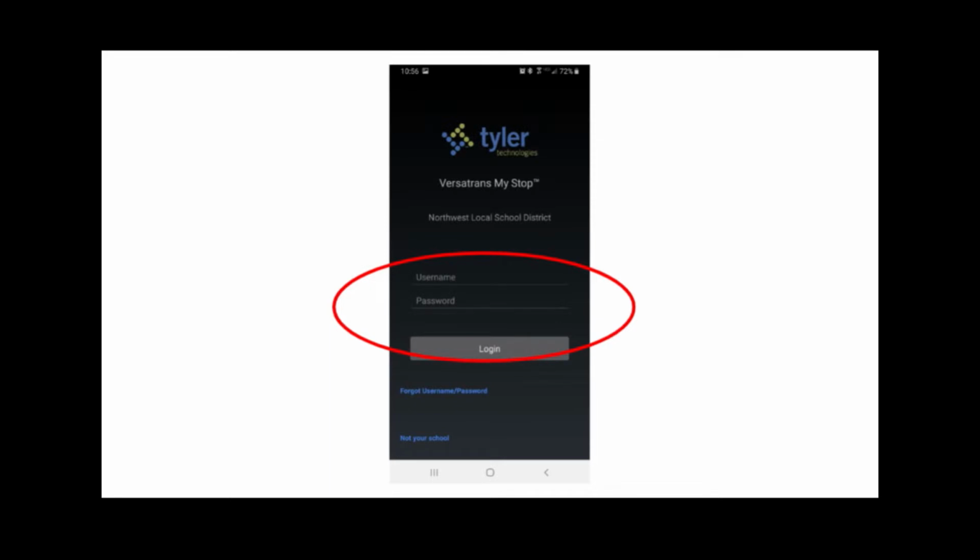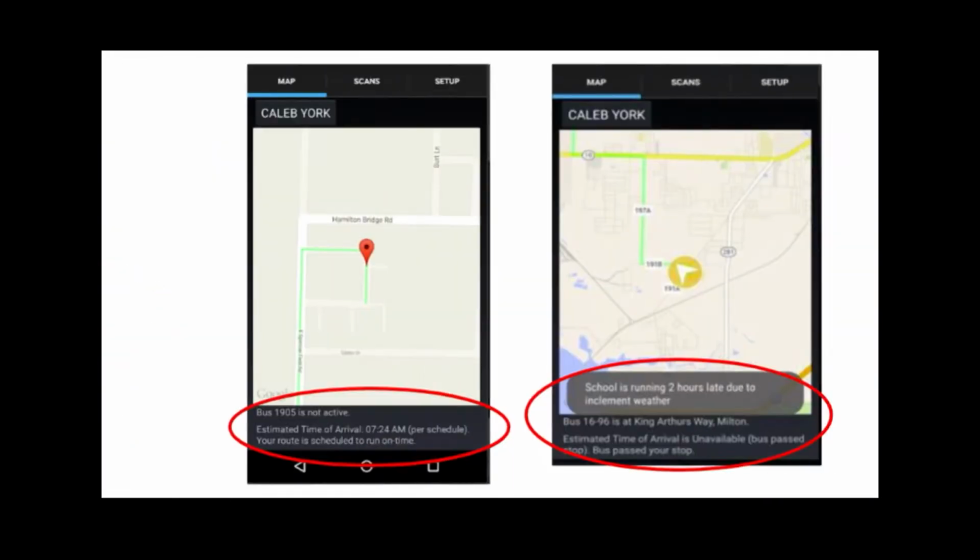So the next step, obviously, is we want to encourage everybody to change their password when they first log in. That's in the setup menu, and I'll get to that in a second. So once you're logged in,